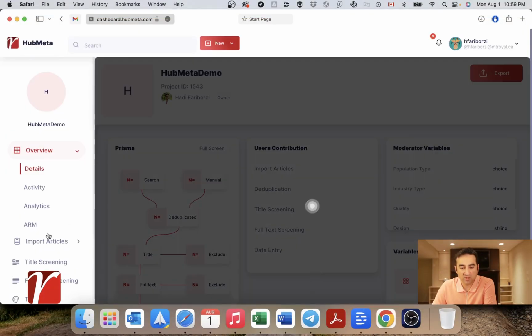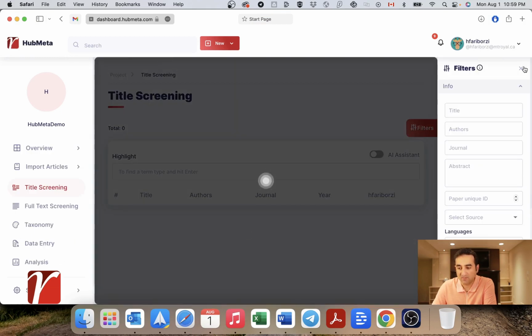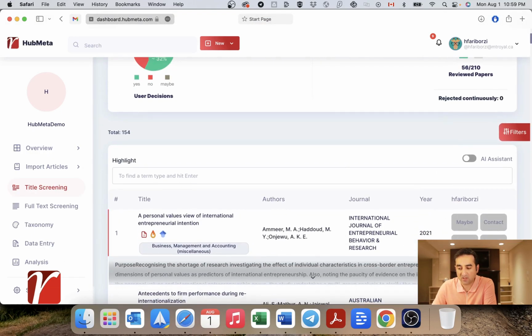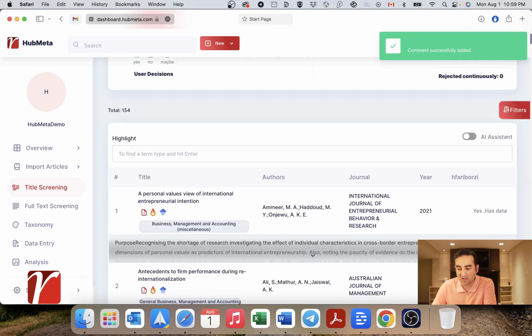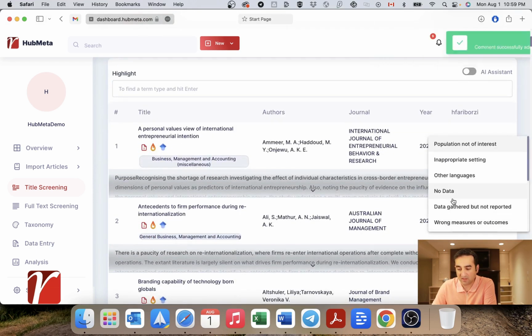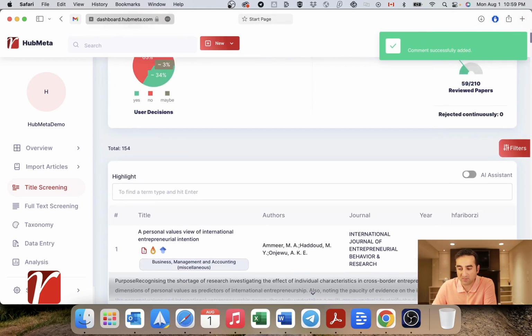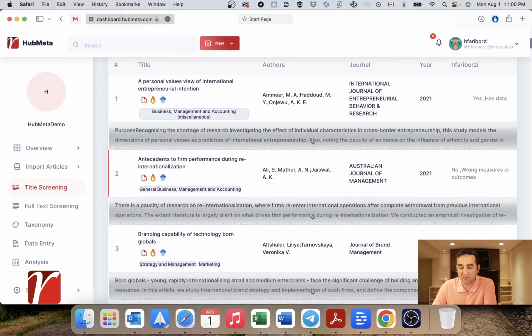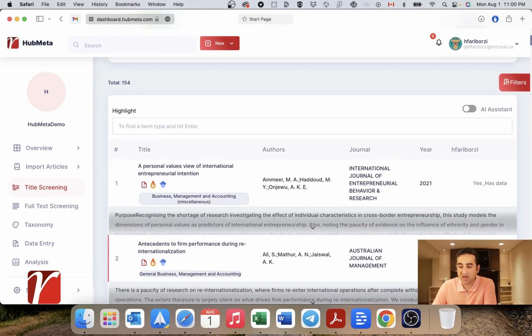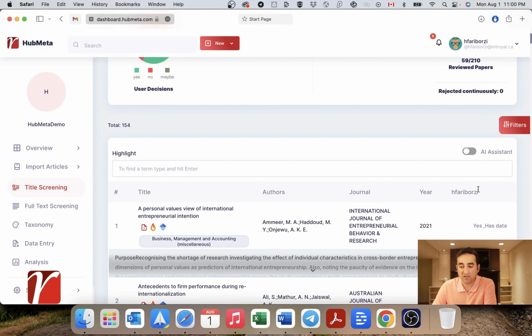So in my project, when I go to title screening, as you remember, I can go ahead and submit my votes here if I believe this article should be included or should not be included in this project. What happens after I have submitted a few votes is that I can now ask HubMeta to learn from the decisions I have made so far and basically rank all the remaining articles based on its guess of relevance or